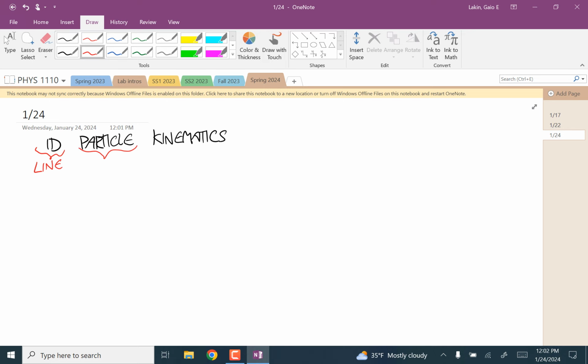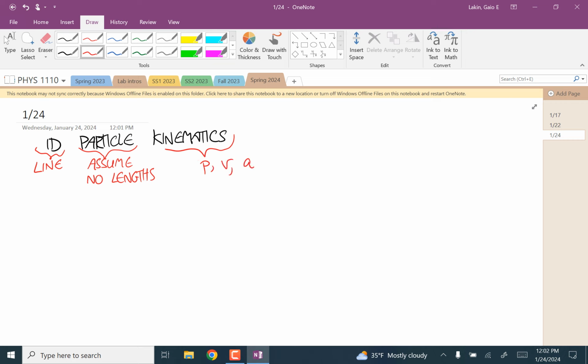Particle means assume nothing has any lengths. It's just like points moving around. And kinematics means position,